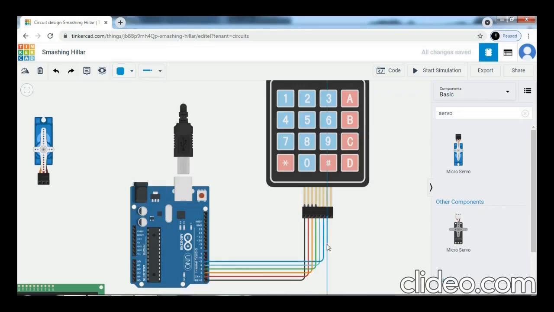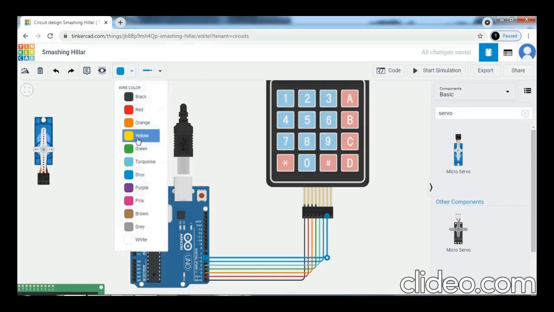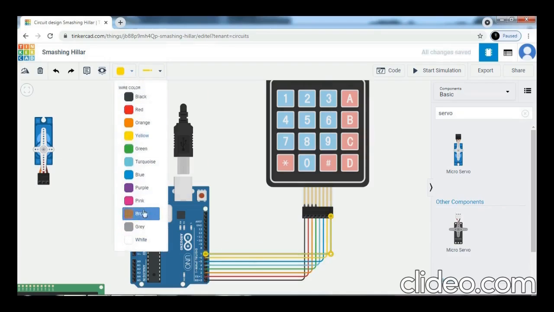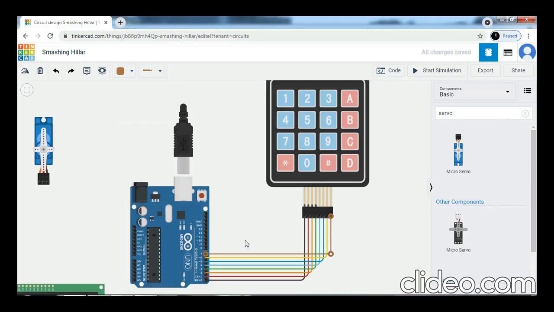Now we connect column 3 with digital pin 6 and color of this wire is yellow. Now we connect column 4 with digital pin 7 and color of this wire is brown. Here the connection of keypad with Arduino is completely done.